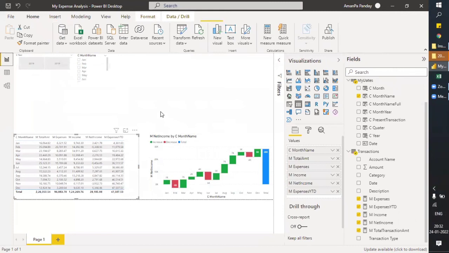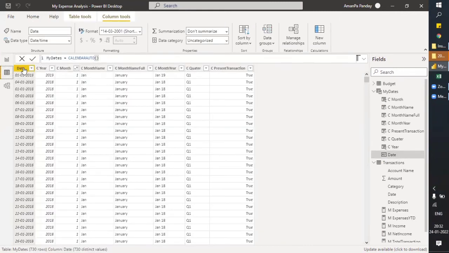So here do we have to give the initial and final date? In CALENDARAUTO you don't need to give anything. When you're using only the CALENDAR function, you need to provide the start and the end. In this, it will automatically study your data and create the date range.